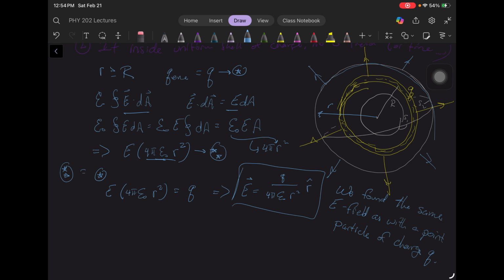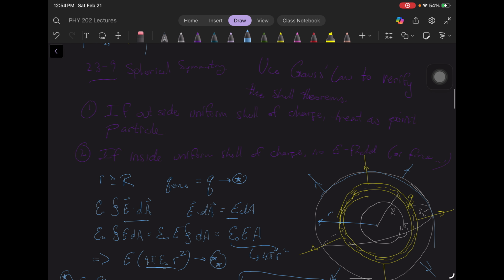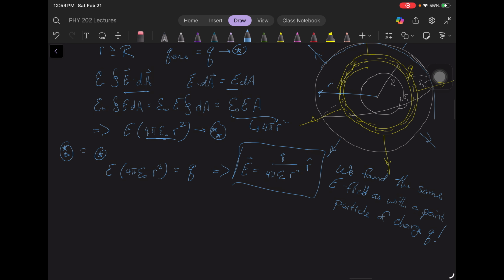You know what? This deserves an exclamation point, not a period, right? This is a wonderful result. And so yeah, hopefully that validated the first of the shell theorems. And now let's go for